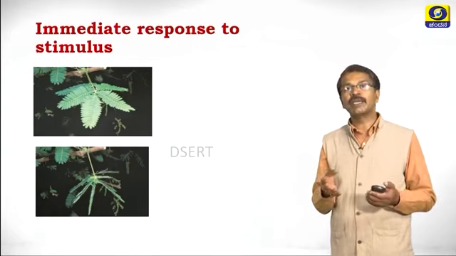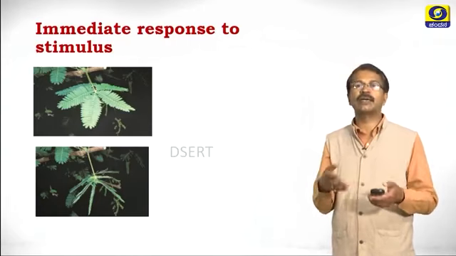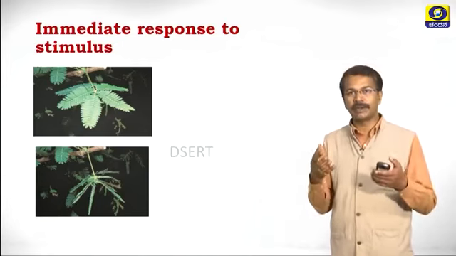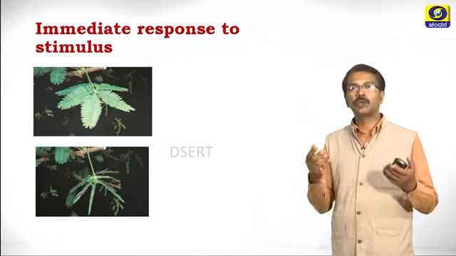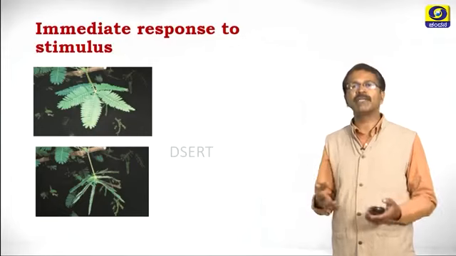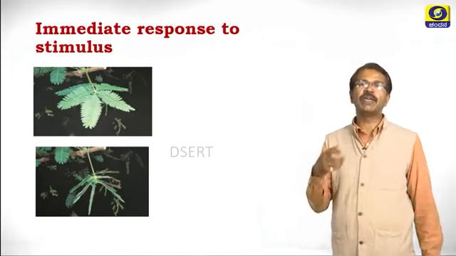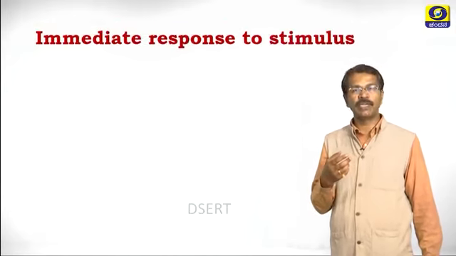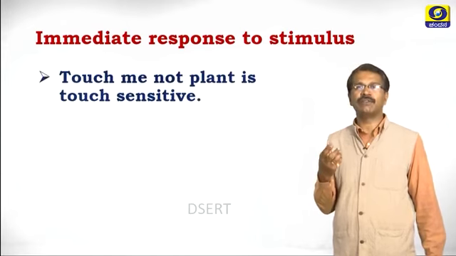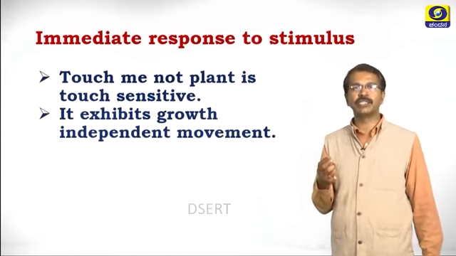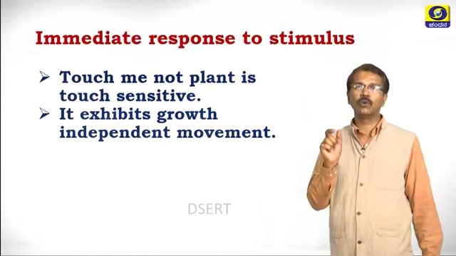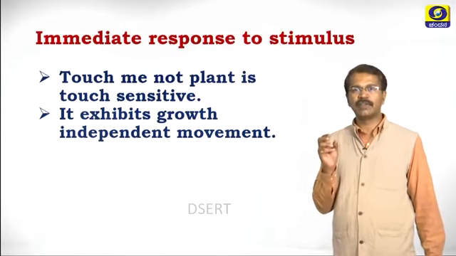Now, you will be surprised how this response to a stimulus occurs in the touch-me-not plant, a plant which has tissue level organization. You don't find any nervous tissue. In spite of that, they are very effective in giving a response to the stimulus. Now let us go to the details of how it happens. The touch-me-not plant, as I said, is very sensitive to touch. It exhibits growth independent movement. Only the leaflets are moving. Here there is no growth in the leaflets; in this response to the stimulus, just closing and